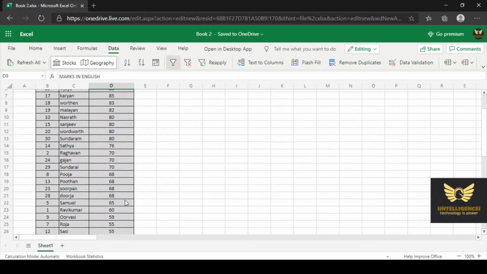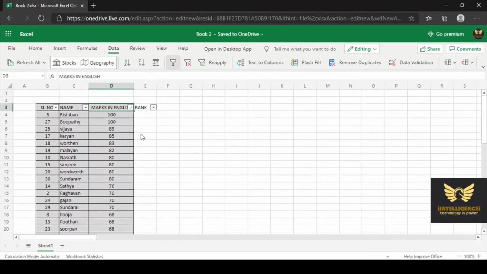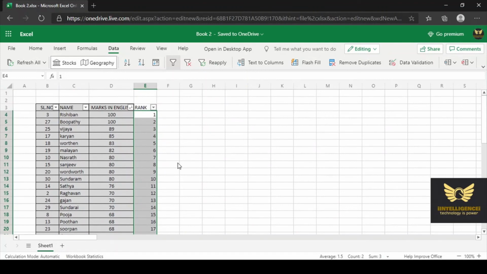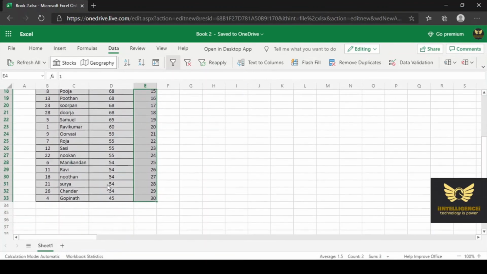Now you can rank this. This is the rank of all these marks that have been sorted out.